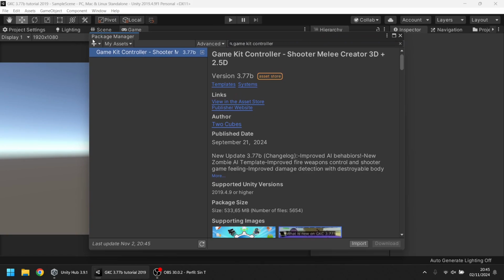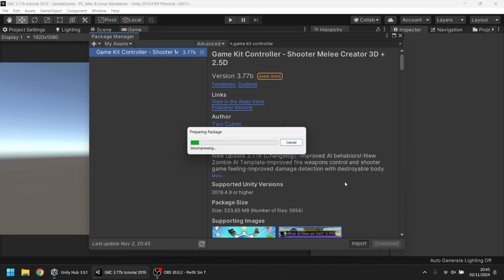Okay, so you know how the package manager works. You can see usually here or here the buttons to download, import, or update in case there is a new version. Right now this is the current version, but if there is a new one you can do the usual update and import. In this case I'm going to import to this project. Usually the time to import the asset into a project used to be about 3 to 5 minutes, maybe less, according to the specs of the PC and the version of Unity in general.